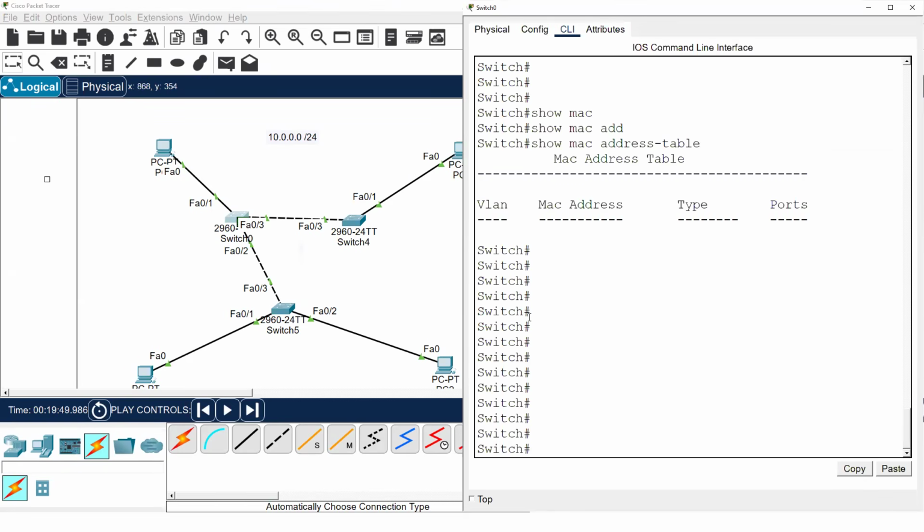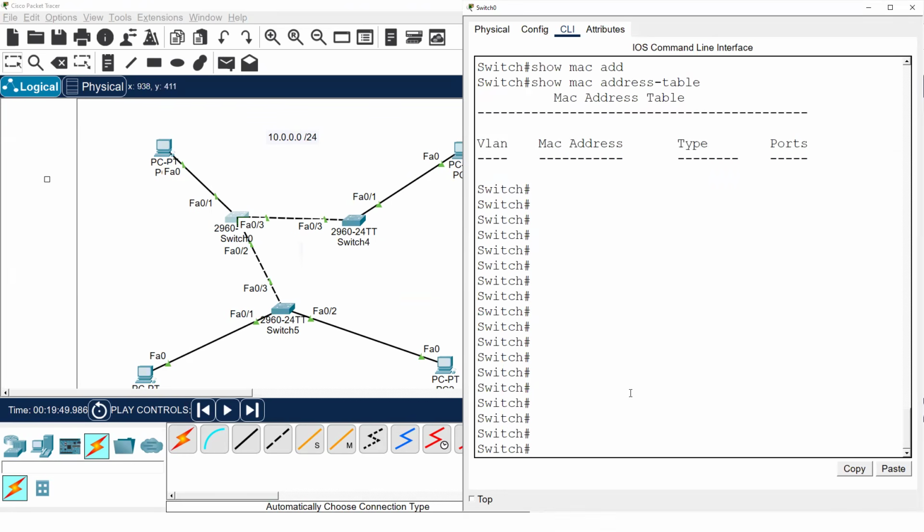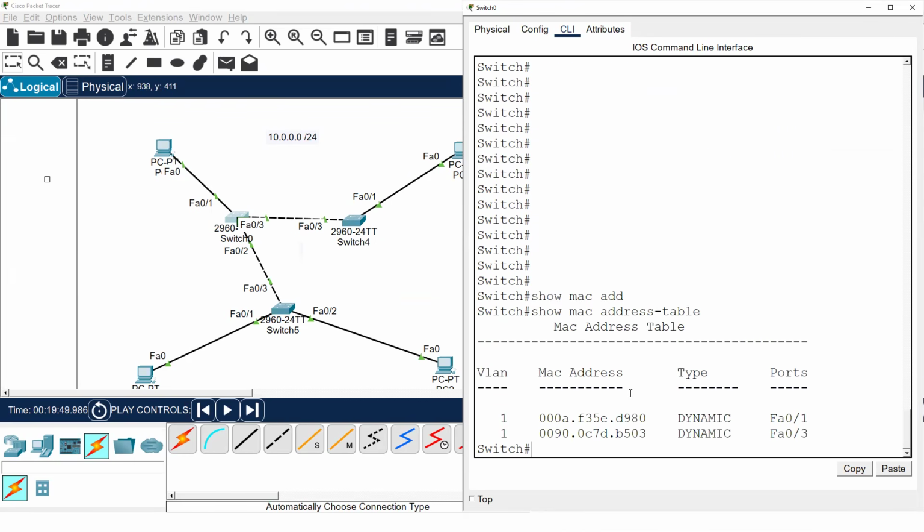If I go and show you the MAC address table of this particular switch by typing show mac address table, see what happened. We know that from F0/1 this particular PCA is connected. This particular MAC address is of my PCA. Then the second step is what? Then the second step is